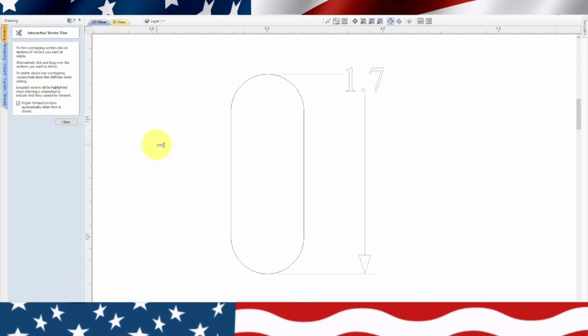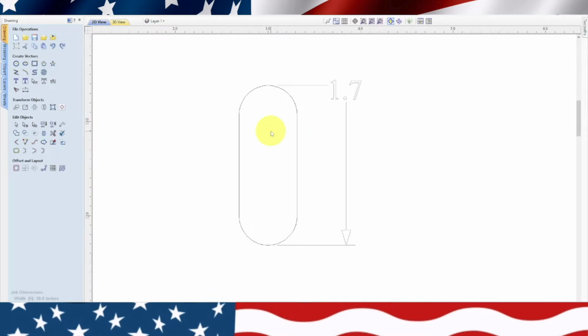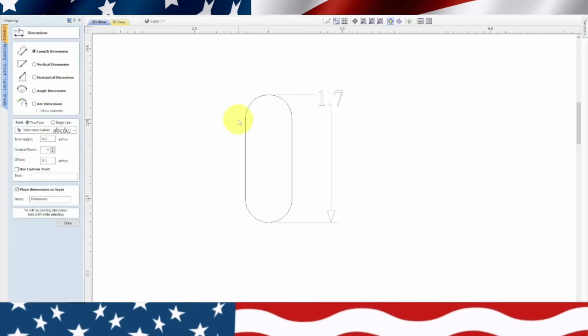Now let's check the width dimensions. So according to the design, let's close out of there, the width of this is 0.63. So let's check that, make sure we got it right. Get our dimension tool. We'll just go from here to here, 0.6239. It should be 0.63. So that's really close, but